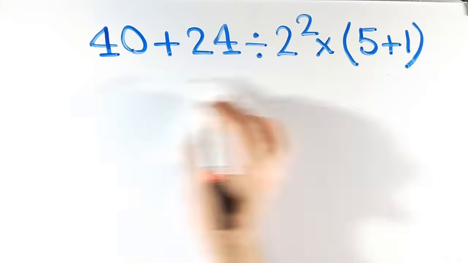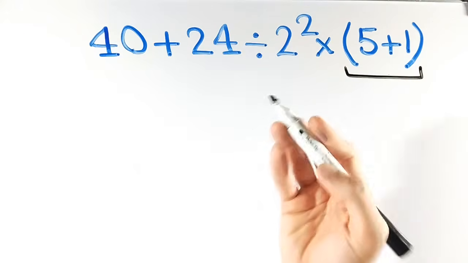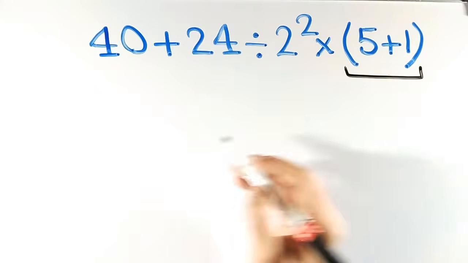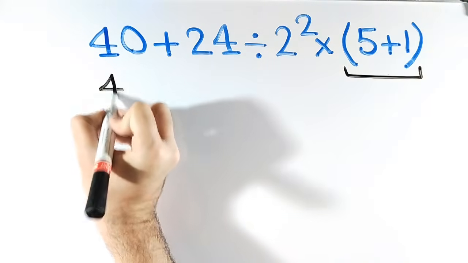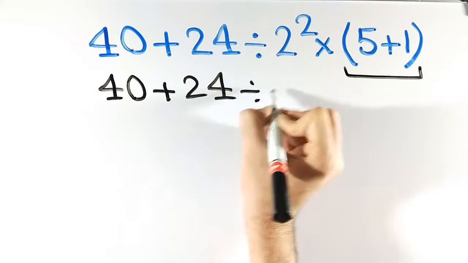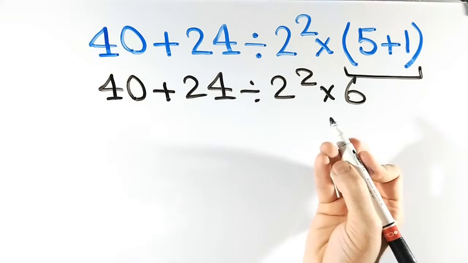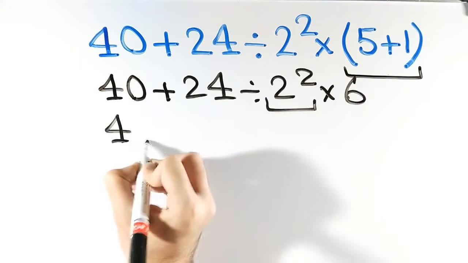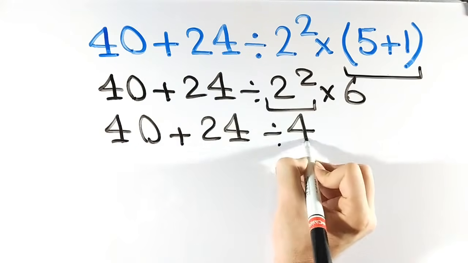Also, some other people when solving this question first go for the expression inside the parentheses because they believe parentheses have a higher priority than the other operations. So, instead of this expression, they write 40 plus 24 divided by 2 squared multiplied by 6. And the next step, they go for the exponent and write this expression as 40 plus 24 divided by 4